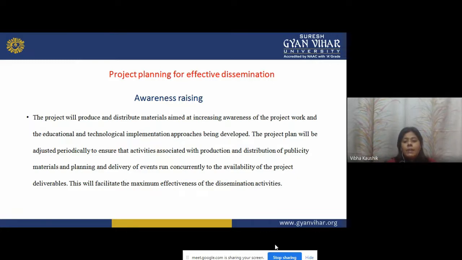Distribute material aimed at increasing awareness of the project work. Increasing awareness of the project means they will be able to know the aim and the goal of that particular project work, and the educational and technological implementation approaches being developed. And we will work in the area of how the education and technology implementation approaches can be developed